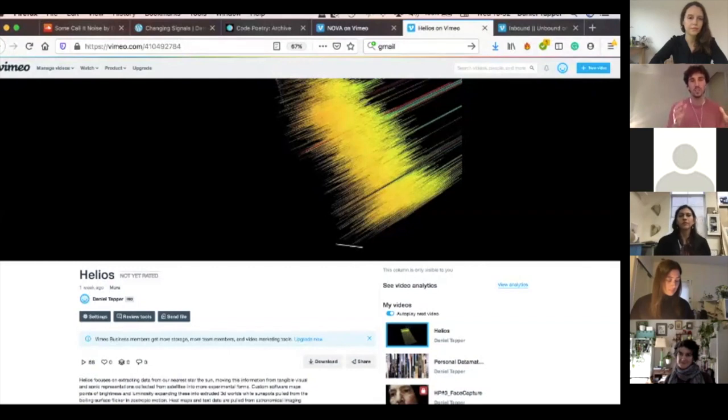So the other one was basically this mapping of the heliosphere. So it's like an imagined journey of a particle from the sun heading out into the universe and hitting the edge of the heliosphere. And Helius is really just a series of sketches around the sun, taking information from a year-long period, and then seeing how many ways I could visualize and sonify these.